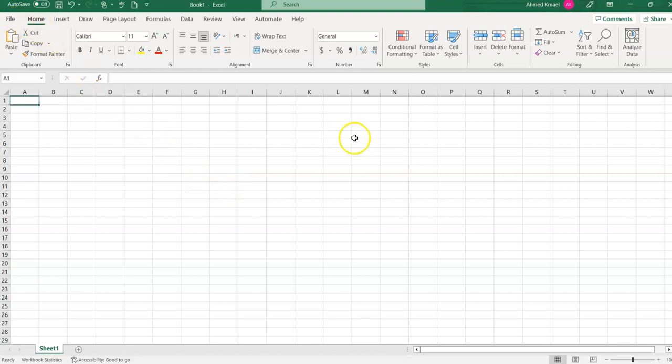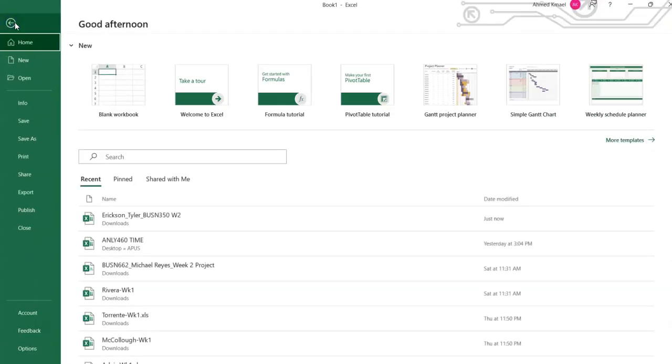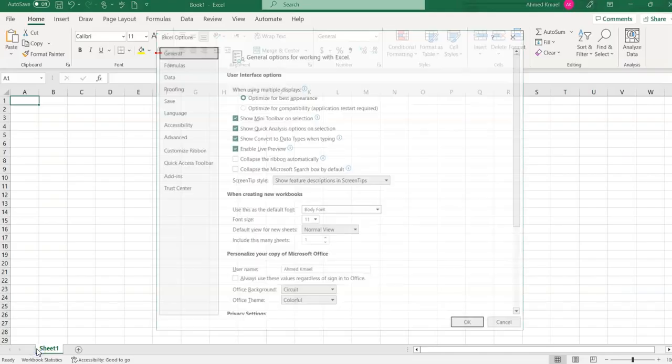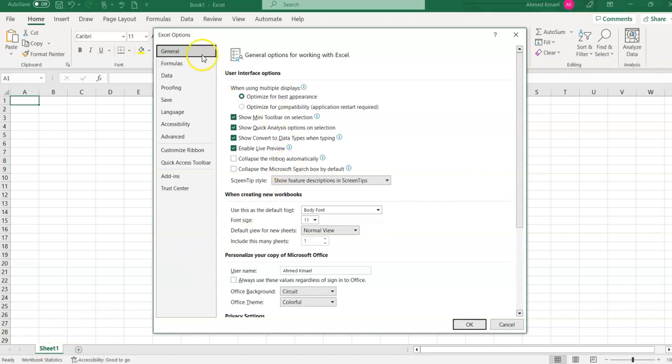You open your Excel file and you go to File, you click on that, and you scroll down until you go to Options. At the bottom, you click on Options, and on the left side, you will see add-ins. You will click on that,